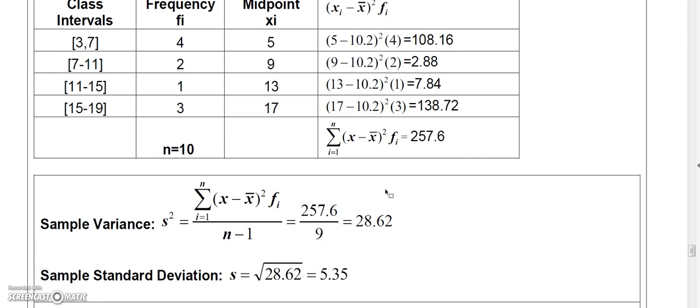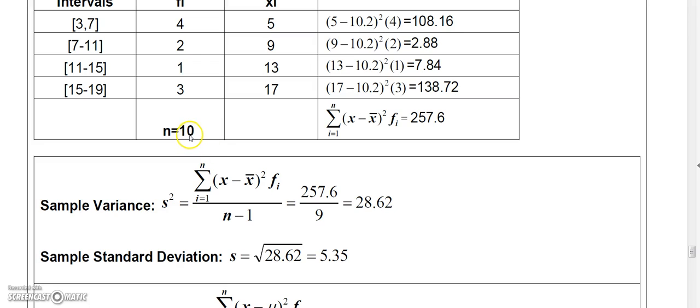And in order to calculate the sample variance, remember I have to divide by n minus 1. So since n is 10, n minus 1 would be 9. So divide that by 9, and I get 28.62. And then finally, to get the sample standard deviation, take the square root of that, and the sample standard deviation